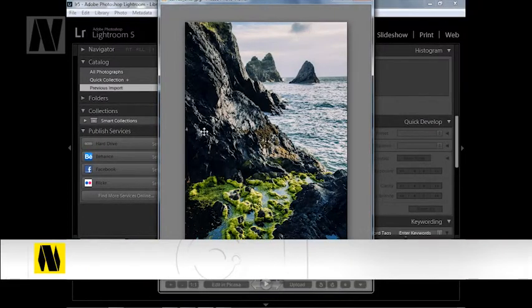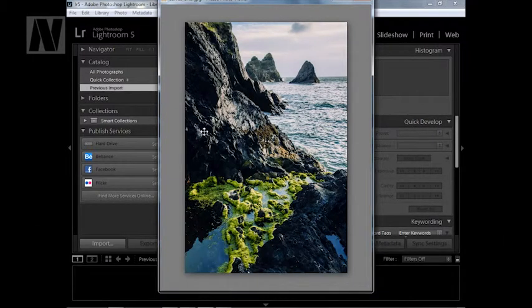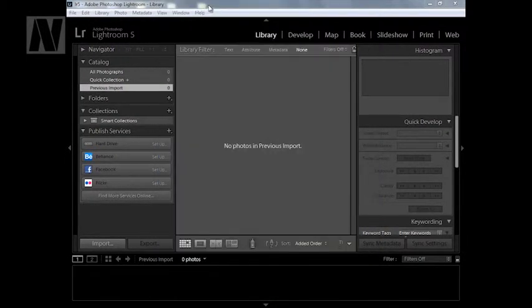Hello, in this video I'm going to show you how you can use curves in Lightroom to improve your images by boosting tones and shifting colours. So I'm just going to escape out of my finished image there, and first of all I'm going to import